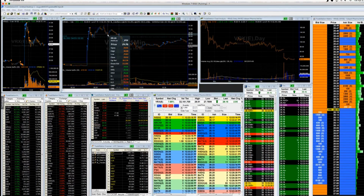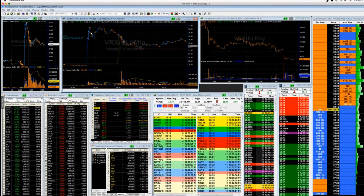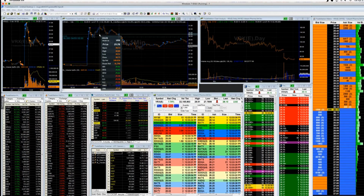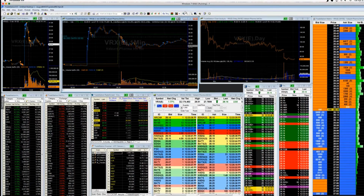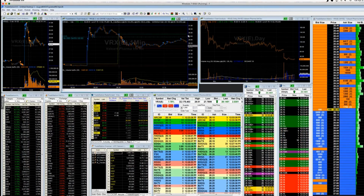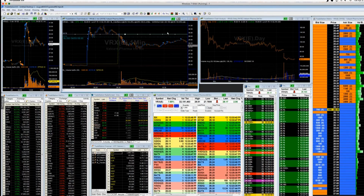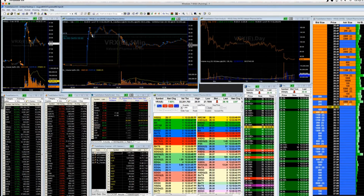But right here under that 29.75 level, we had a big volume spike come in at that pre-market level. What that tells us is when the stock comes back to this price, we want to start anticipating something going to happen the next time. So we can see if we put a line out there, just for the recording so we can see it a little bit better visually. All right. So that's 29.70, but right around 29.75 we can see that if we anticipated the next time it came to here,